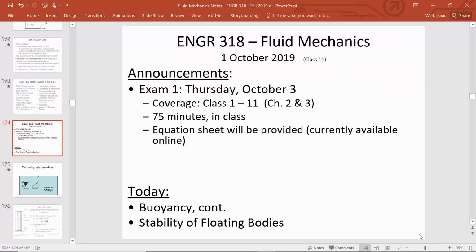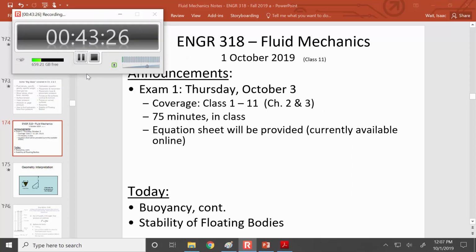So the exam is Thursday, 11 o'clock. You'll have 75 minutes. The equation sheet's available now, so let me know if you've got any questions. The homework solution is also available, and I'd encourage you to go through that. See you Thursday. So in the lab,